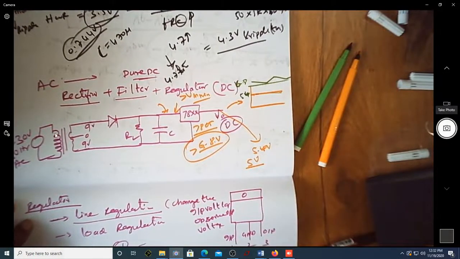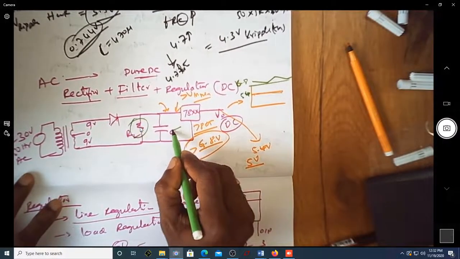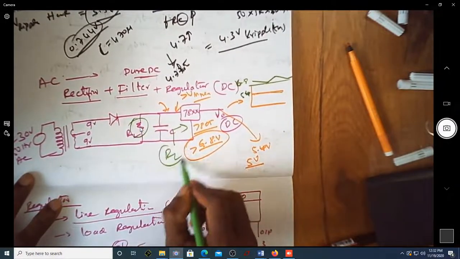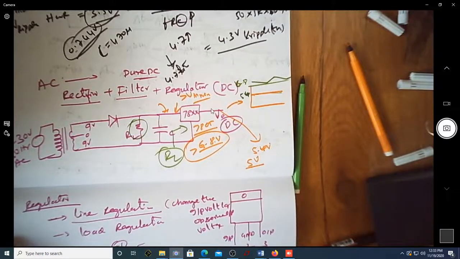Rectifier is this and this part, filter is this part. Again, this RL is not exclusively present in my remote lab circuit. Whatever input impedance you have, we consider it as RL, because all ICs will have some internal impedance, and that itself is taken as RL. You can see you have a regulated output voltage. So from a sine wave you are able to get a pure DC signal, which is over here.